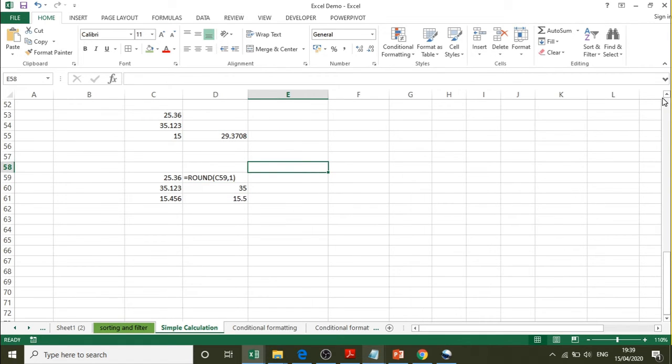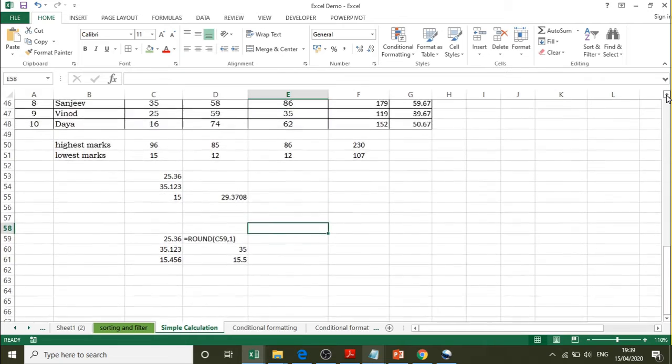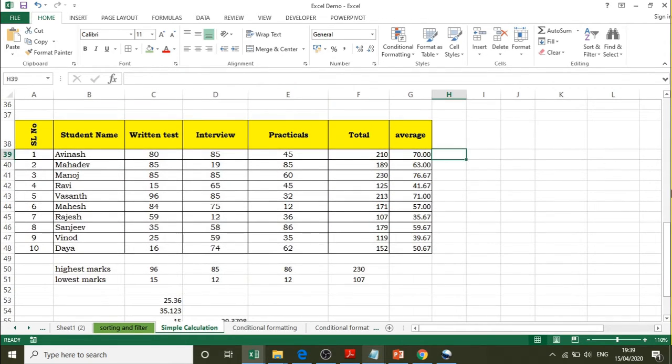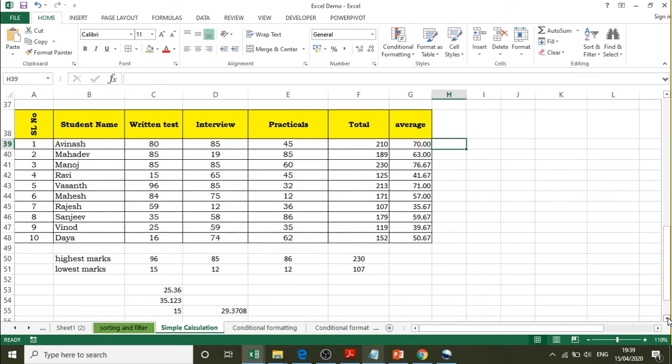We will use the round function in our statement, whatever we have done here now. Whatever we have used in this average is just hiding the decimal. Actually we have not removed the decimal values, you see here. We have only been hiding the decimal. That means using increase or decrease decimal, we are just hiding the decimal values.